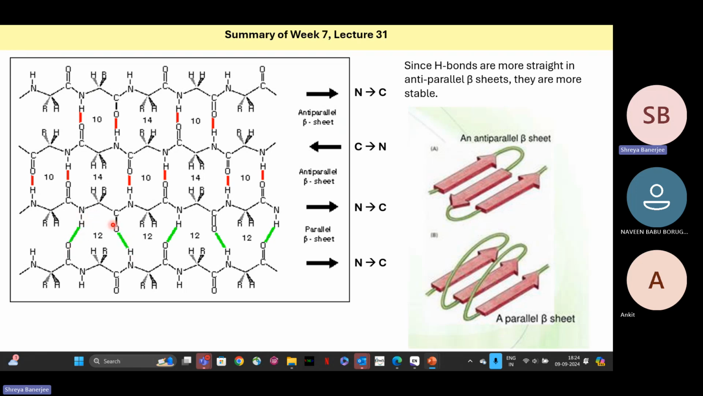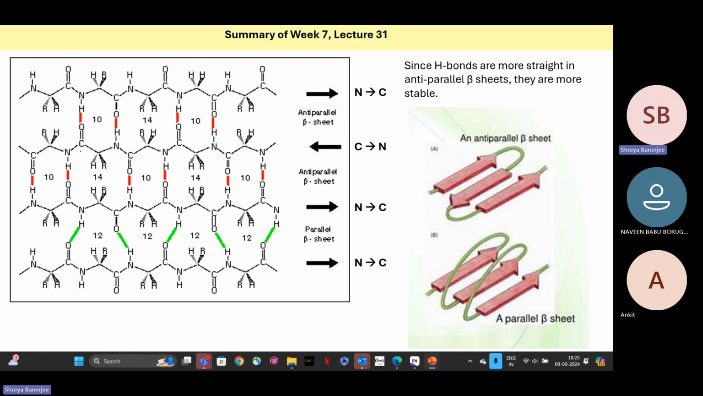So the hydrogen bond is weaker because the distance between H and O is also greater. So between parallel and antiparallel, antiparallel is the more stable beta sheet that forms. And you can see there are cyclic structures formed due to these hydrogen bonds. So if we see the antiparallel beta sheet, we'll start counting